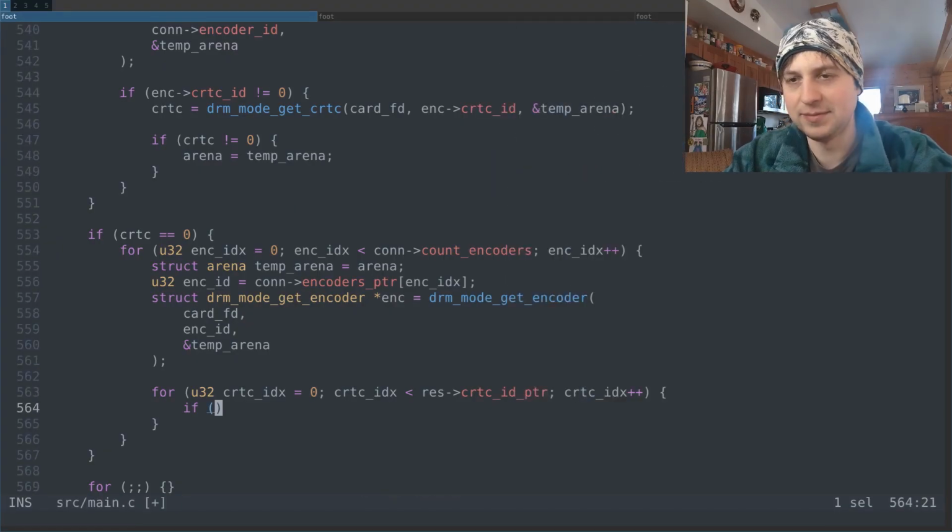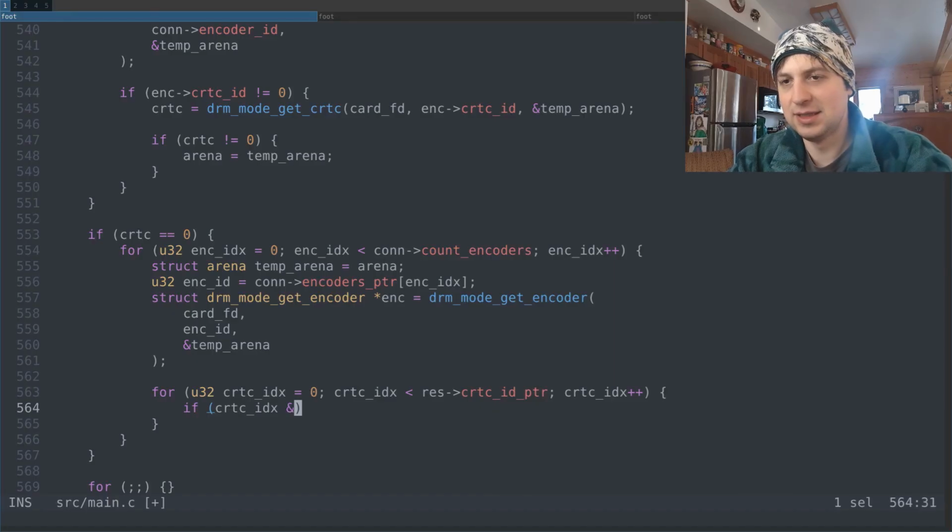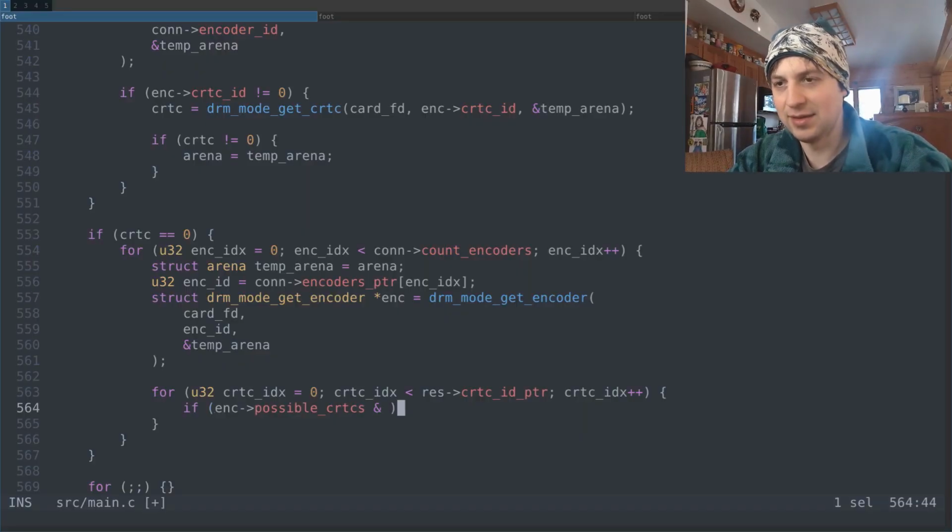So if encoder->possible_crtcs, this is the bit mask. We're going to have to AND that with